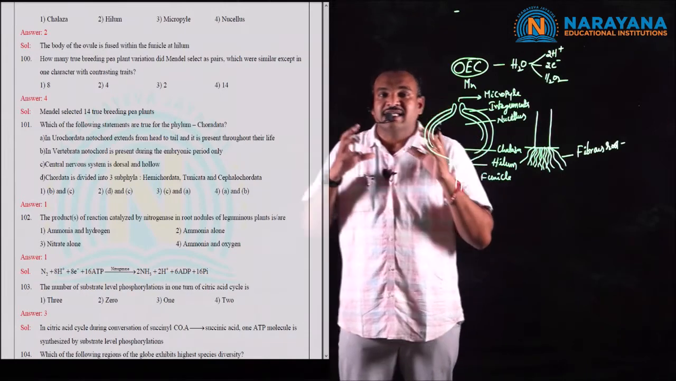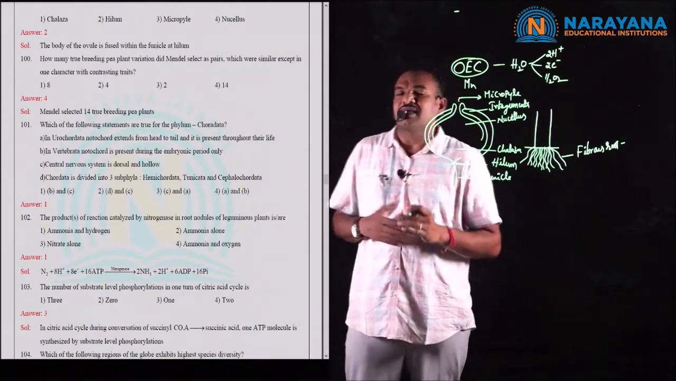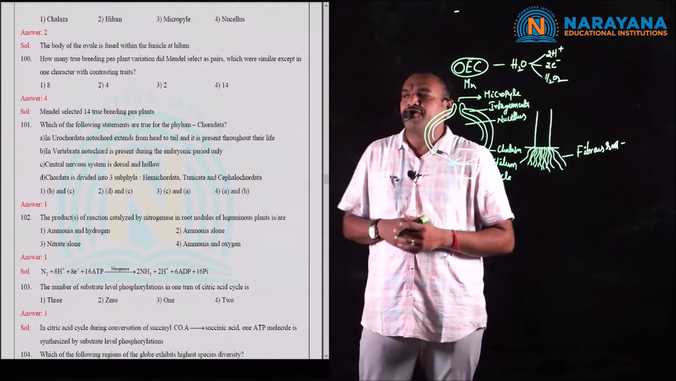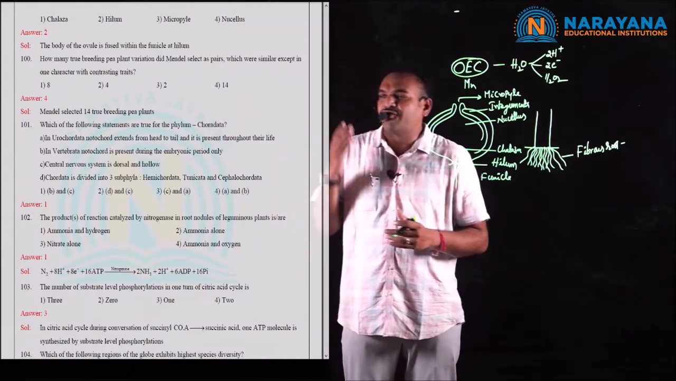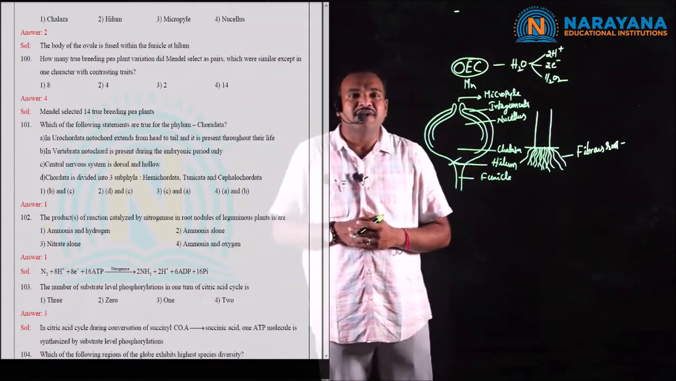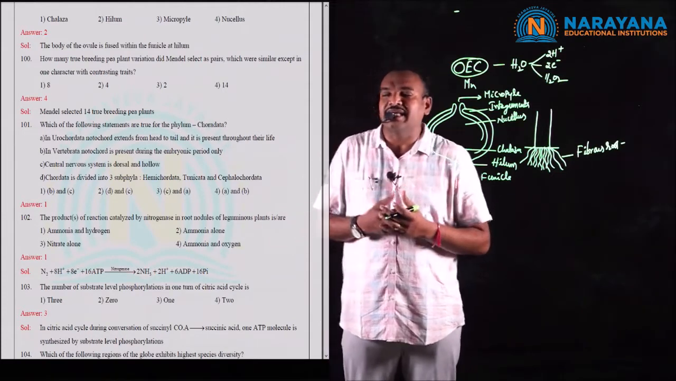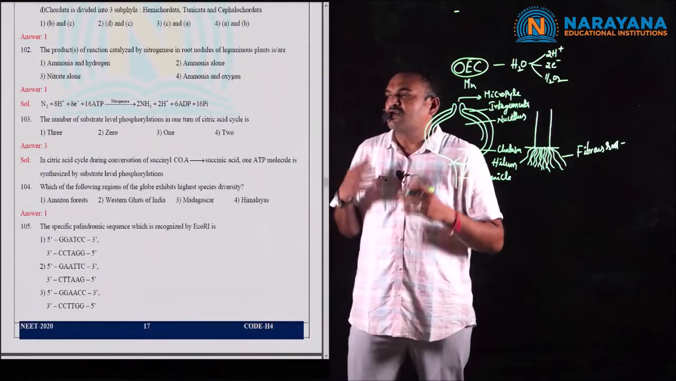And here the question is regarding how many true breeding lines. So the given options, option number 1, that is 8, option number 2, 4, option number 3, 2, and option number 4, 14. That means Mendel selected 14 true breeding lines. That means the right option for question number 100 is 4th option. And next one is we discuss about question number